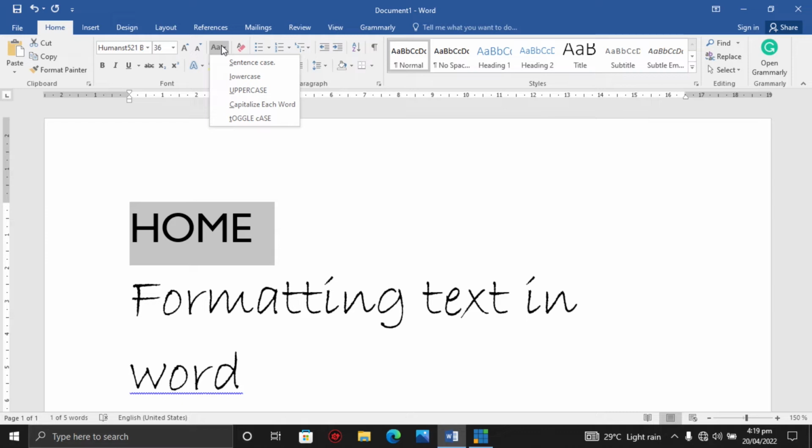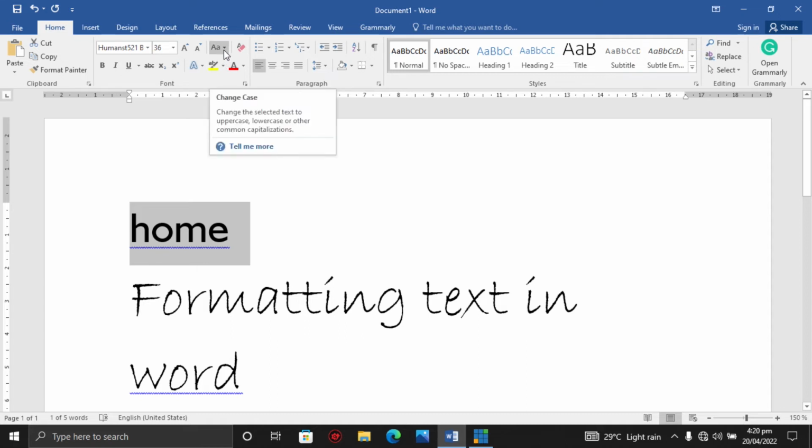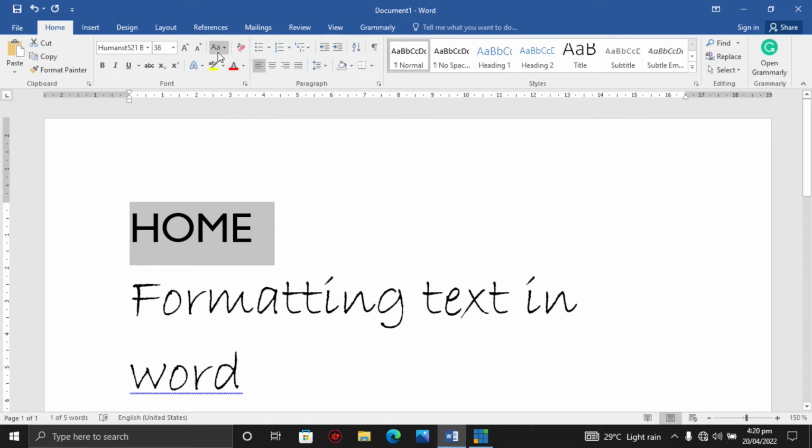We have sentence case, lowercase, uppercase, capitalize each word, and toggle case. If you use sentence case, it changes my text back to a normal sentence case by capitalizing the first letter of the word. If I use lowercase, it makes all my text lowercase, small letters. And if I use uppercase, all my text becomes capital letters.